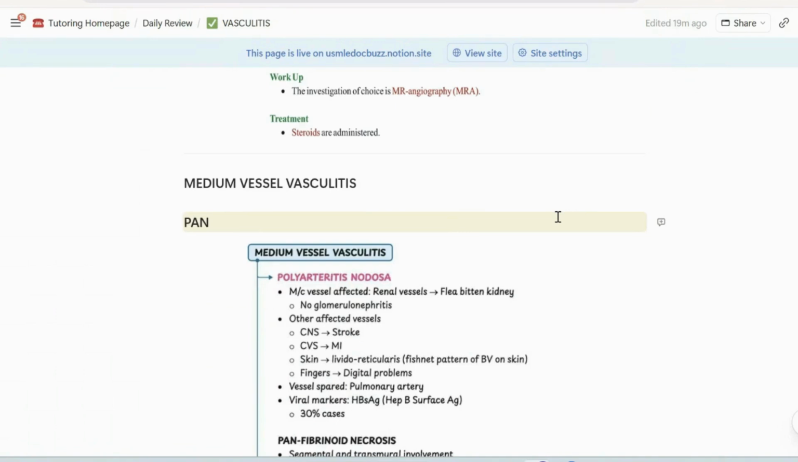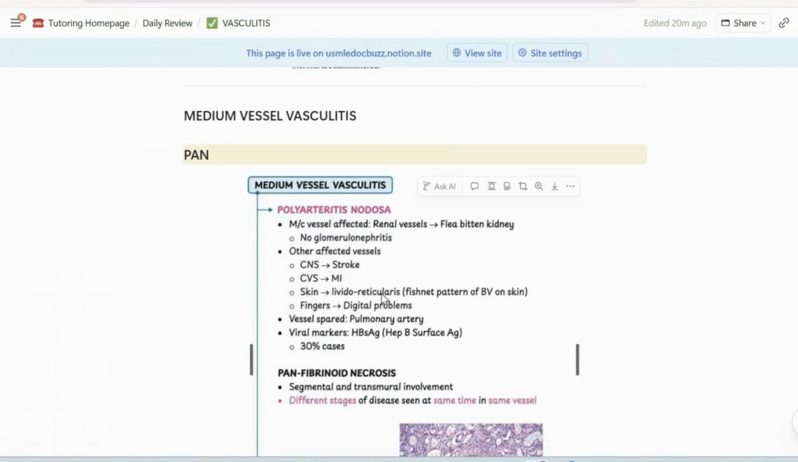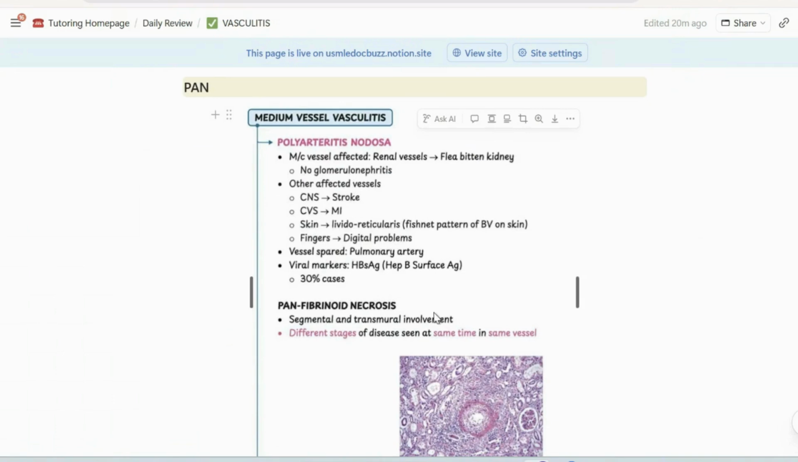Okay, now we go down into medium vessel vasculitis, right? Medium vessel vasculitis, the first and foremost is polyarteritis nodosa. In this case, first of all, there's complete involvement of the entire blood vessel. So you say transmural involvement, but similar to what GCA did, you have segmental transmural involvement. So you may see patches of